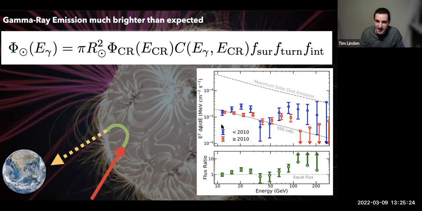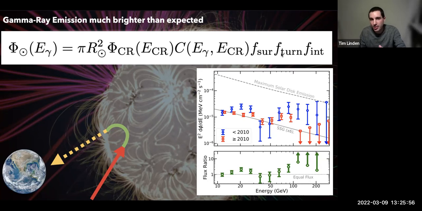And you can see the gamma ray flux during solar minimum, this blue point here, is getting very, very close to this maximum solar disk emission line at these highest energies. And it appears to be continuing in this direction with no signs of cutoff, while the flux from the maximum solar disk emission should be falling as E to the minus 2.7, because that's what the cosmic ray flux does. So what this tells you is that nearly every cosmic ray that hits the sun turns around at exactly, this